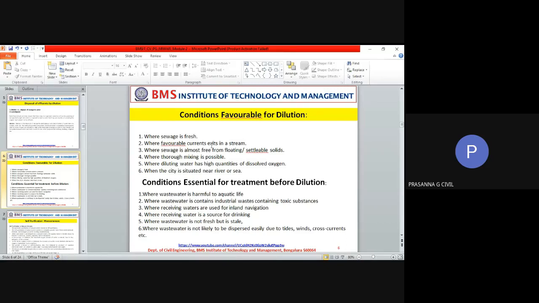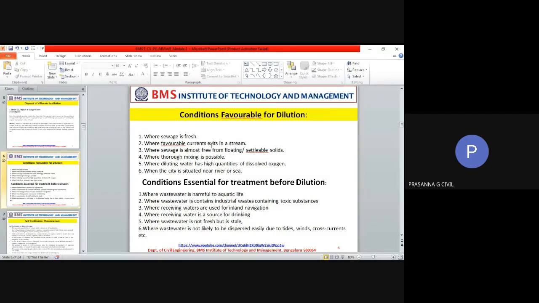Hence, whatever dissolving of oxygen or air is happening is little controlled. But in a river, because of the rapids and currents, a river may have waterfalls in between. It may have large rocks over which the water will be moving and falling like a jump. So all those will cause more dissolving of oxygen. Clear? Okay, you can mute. So while diluting, water should have huge quantities of dissolved oxygen.